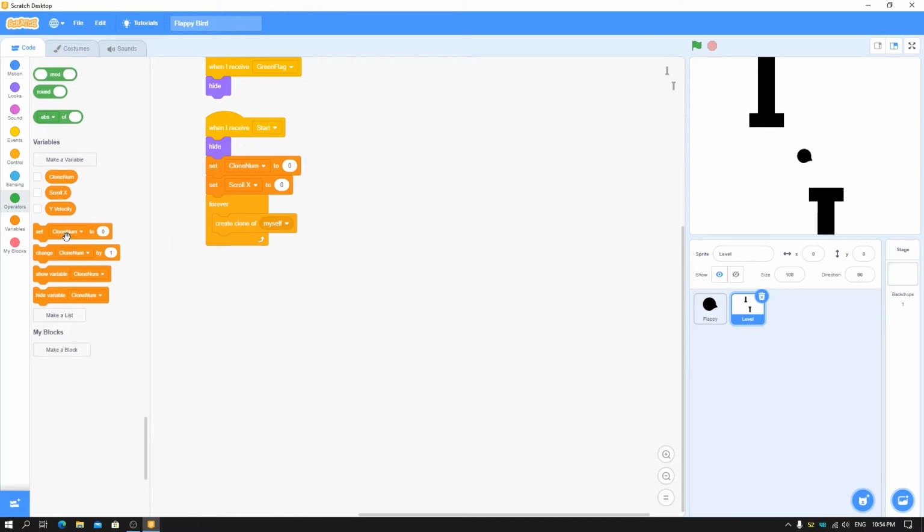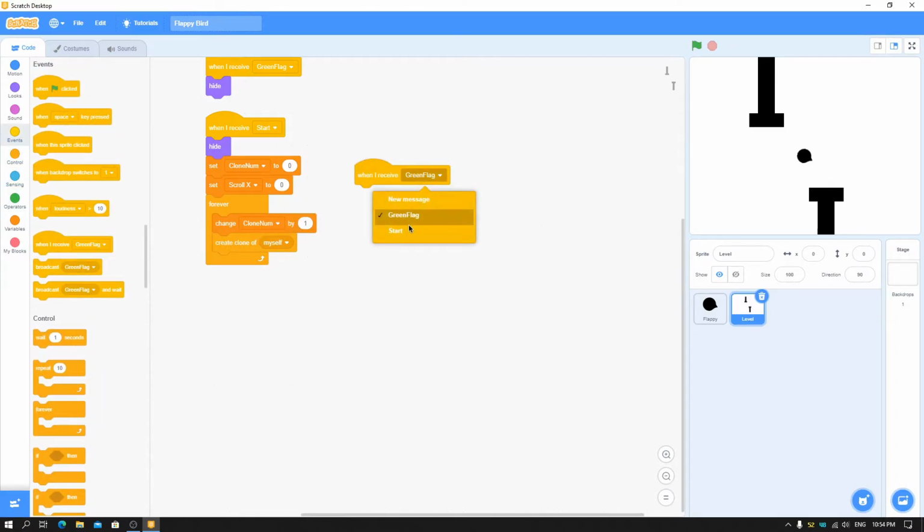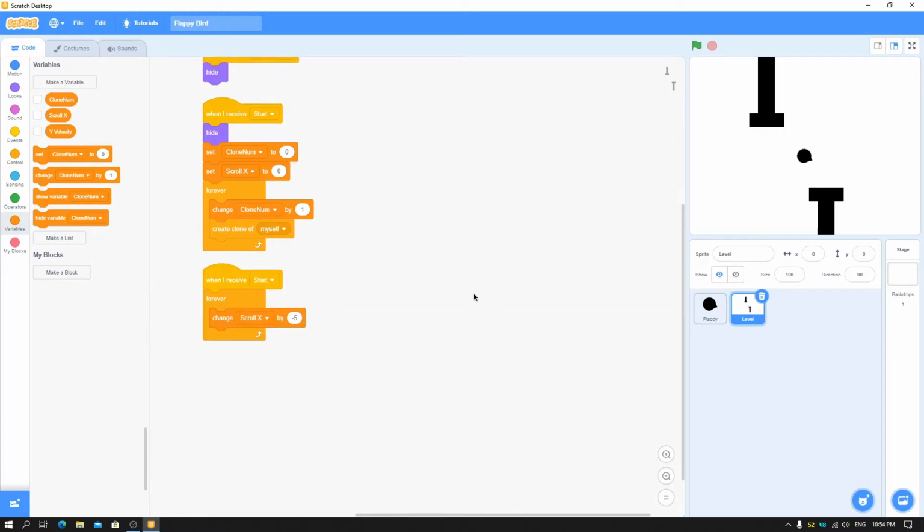So here you can see we can change clone number by 1, and we can make another script like when I receive start, forever, just change scroll x by, say, 5 or -5, so it will go back and not front.